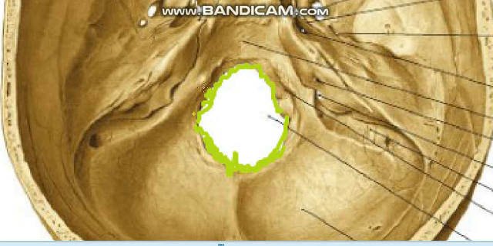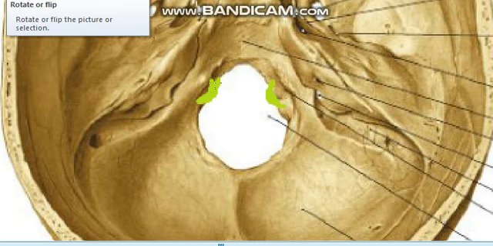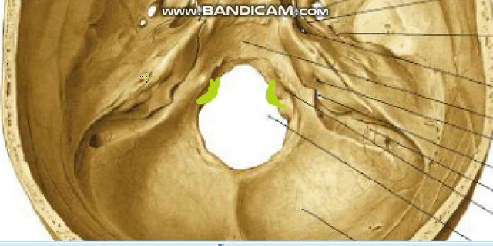Now this foramen magnum, let's remove these things first. What are the structures which pass through the foramen magnum? To understand that, you must also make out that these condylar parts of the occipital bones have the occipital condyles somewhere here on the lower surface, which articulate with the superior articular facets of the atlas below.